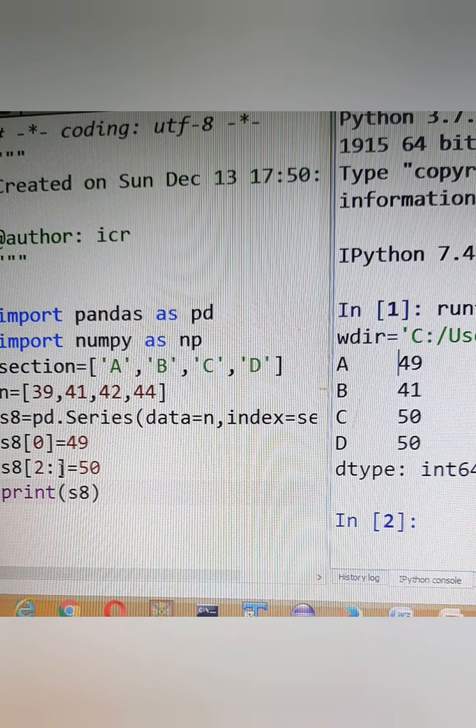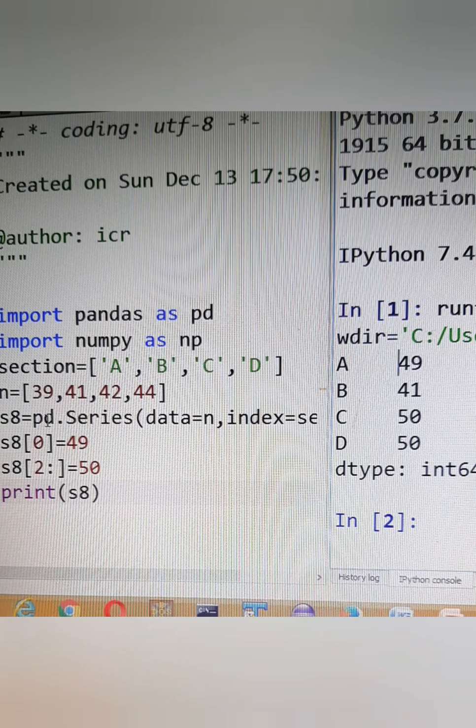Now comes the head and tail functions. Head, as the name suggests, means the records from the beginning, and tail means the records from the end. Now if suppose I want to give in head two values that I have to print, then it will start printing the values right from the beginning. Two records will be printed.